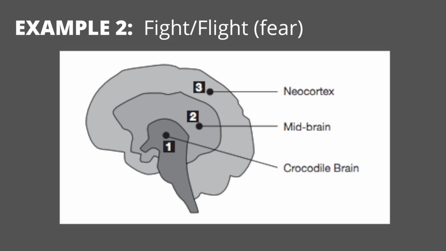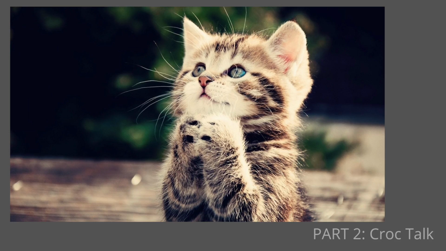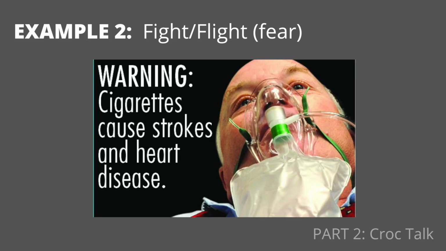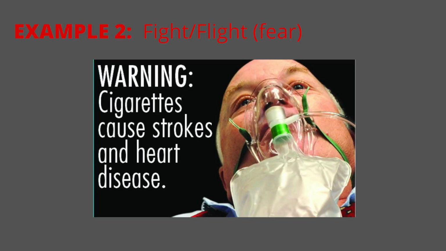Next, information passes through the midbrain. This is where the person or audience member is going to be placing you into a social context, trying to determine if they are going to want to listen to you, if they're going to want to pay attention, or if they're not interested at all. The determining factor in the second example, using the midbrain,